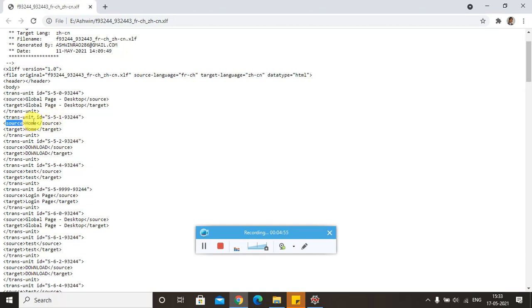We fetch each and every element from the source tag and save it in a source Excel file. Then after that we will translate it, then one by one we will pick each value from the translated Excel file and reinsert it into the specific position of the target. Right, now let us see how we are going to implement this using Python.